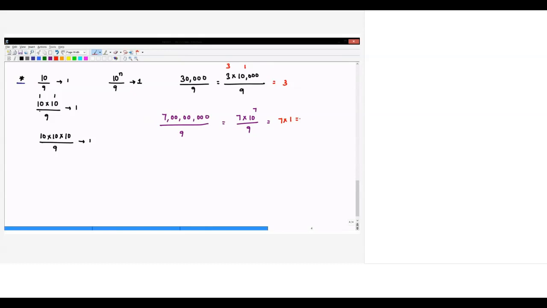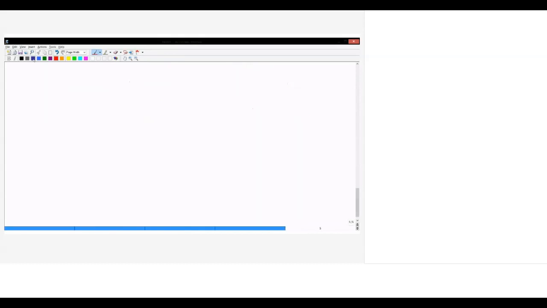Second case, it is 1. Therefore, you can say final remainder is 7. Which means this digit matters. Number of zeros doesn't matter. Right? So when I say